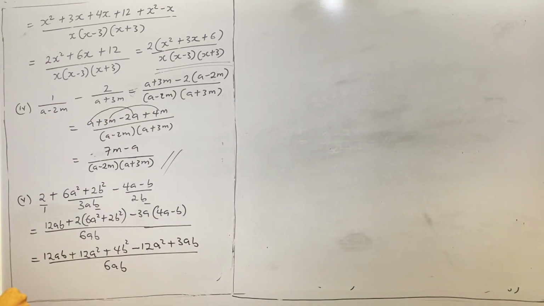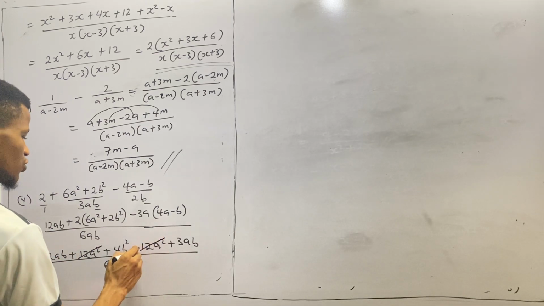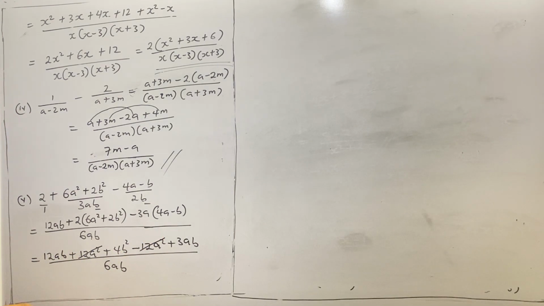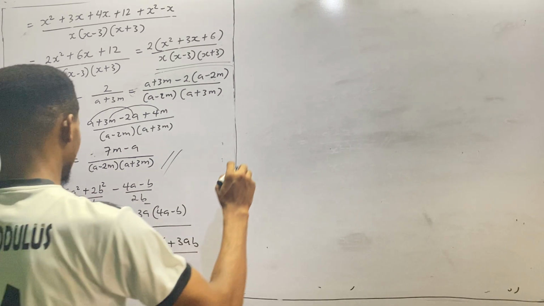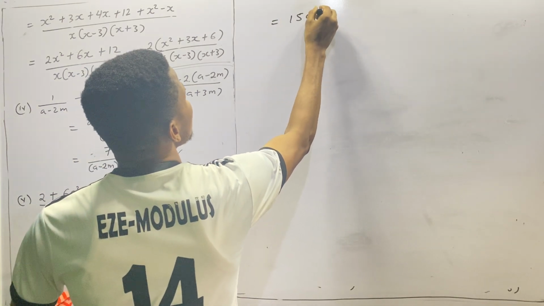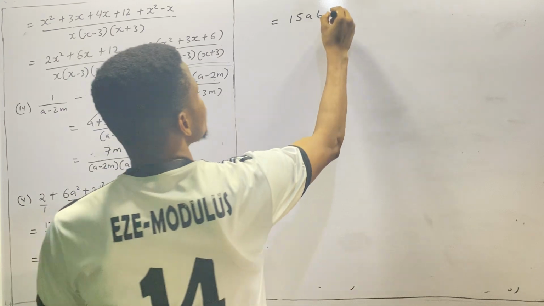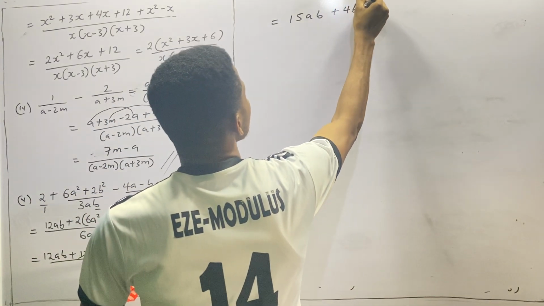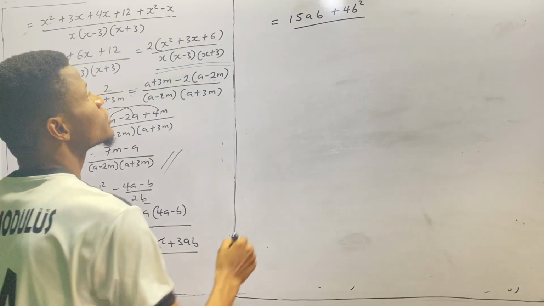So we'll continue with our simplification. So here we simplify the numerator. So we have terms in ab, terms in ab. Okay, and plus 12a square cancels with minus 12a square. Okay, so 12ab plus 3ab should be 15ab. So this should be 15ab plus 4b square all over